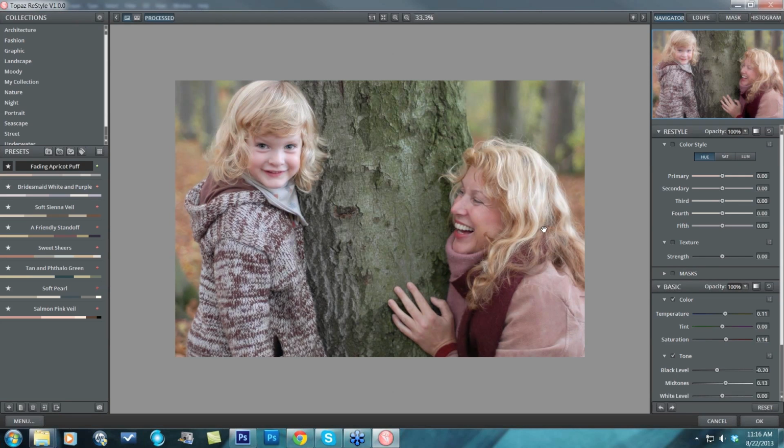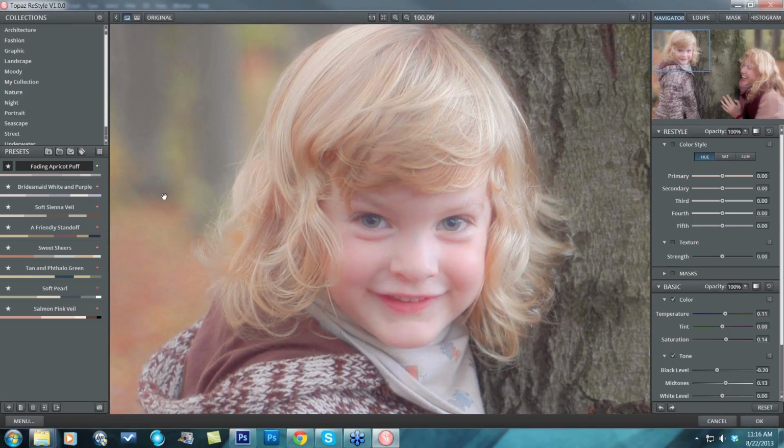Here's before, original image, and after. I get a softer edged image. You can tell here, and in the background, before and after. Now when looking at it at 1:1, I don't like the fact that her eyes got quite hazy here, so I'm going to come into my